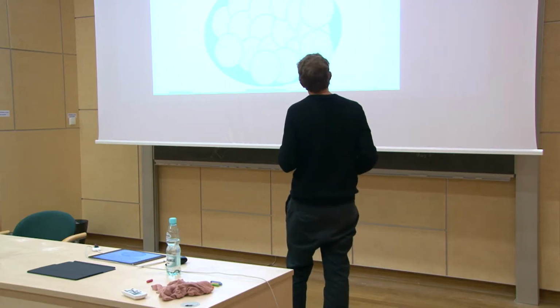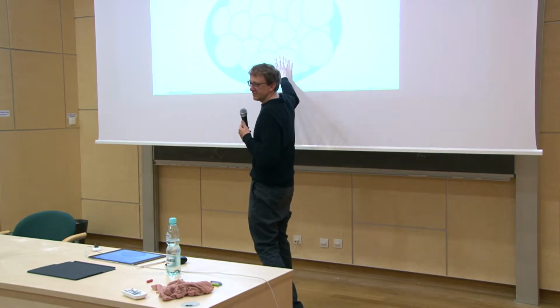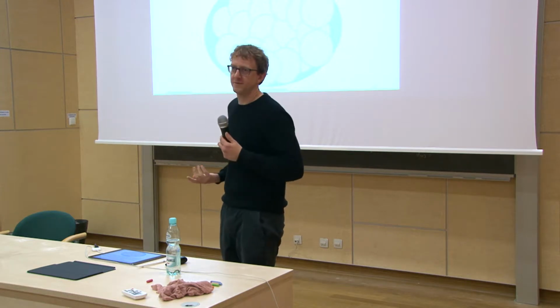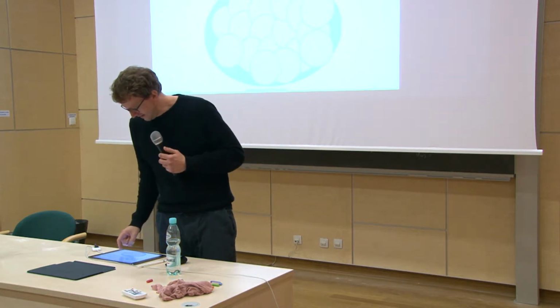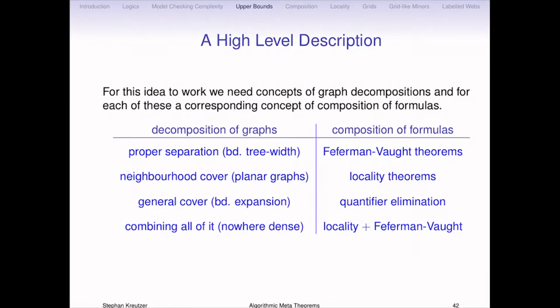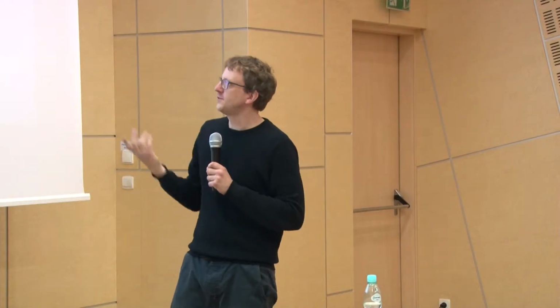This is a lot more complicated, but it works for certain types of graphs, like planar graphs, and actually all the way up to the biggest classes we can get. It's another type of decomposition, more complicated. And this is just two examples, but when you start proving anything about algorithmic meta-theorems, there are always two sides, because you get the graph, and you have a structural property of your graph class, and you get the logic, and we know what to do with logics. And if you want to prove such a meta-theorem, then the two things have to somehow match.